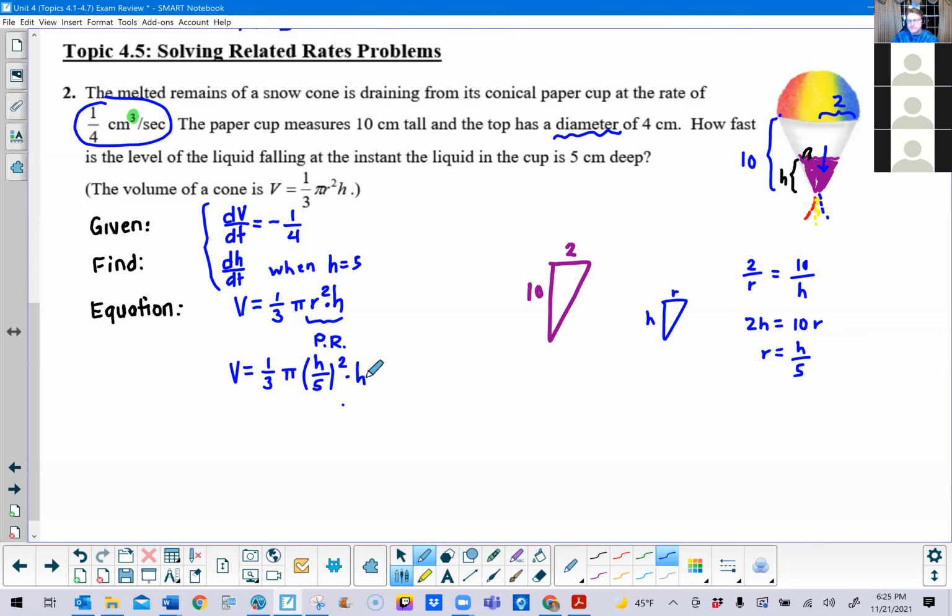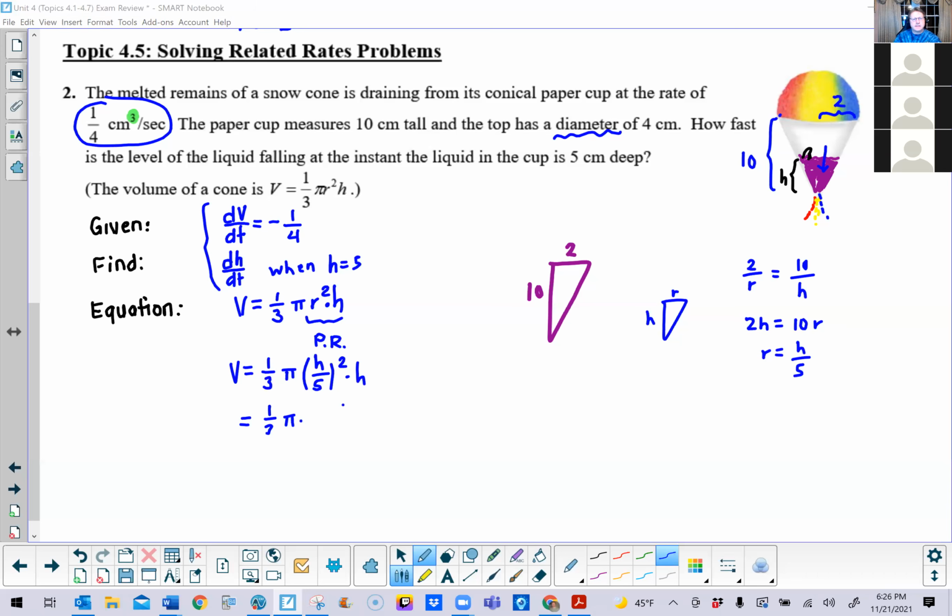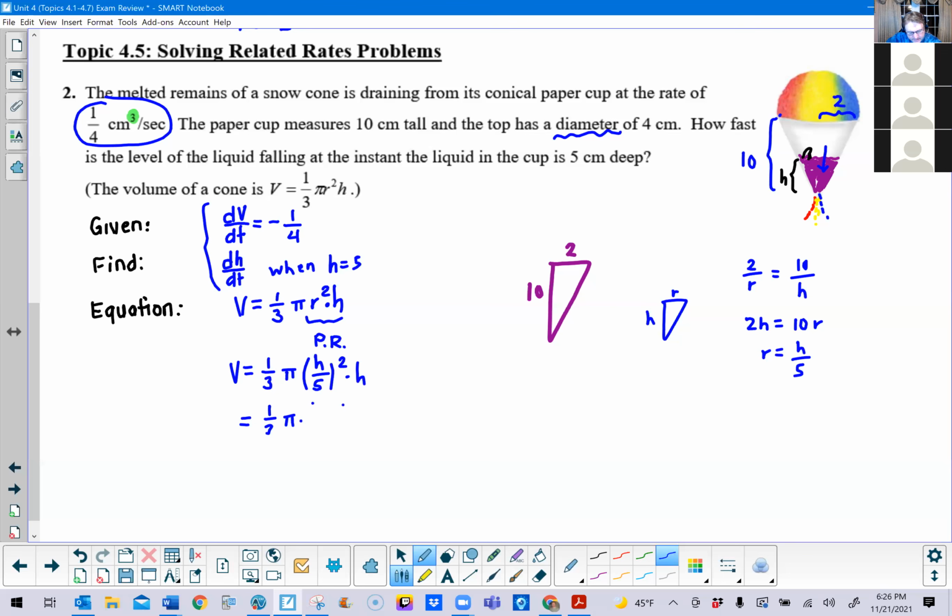All right. So hopefully that's starting to make a little bit of sense there. Now, what we're going to do next is hopefully help ourselves out a bit, because you don't want to take the derivative in this form right now. It's just not ready. You're going to want to go ahead and simplify this a little bit more. I had a few students that got this far and still struggled. Go ahead and square the h over 5. I'll work this out slowly just to make sure that things are going all right. So if I work this out slowly, I'll have h squared over 25